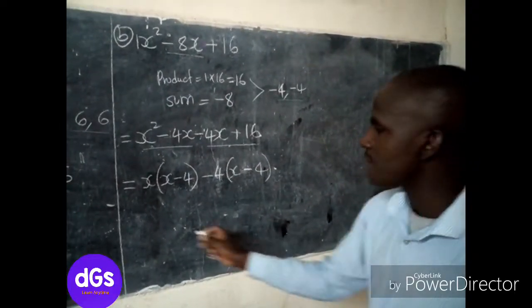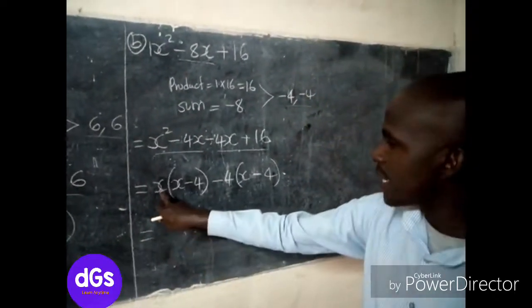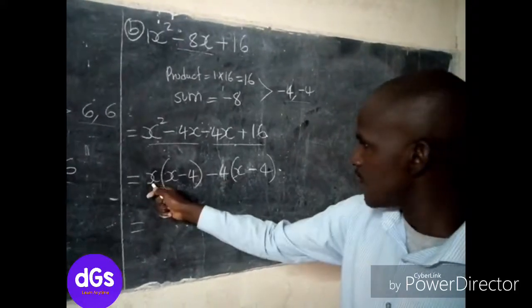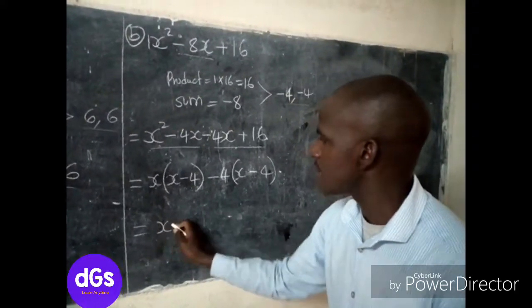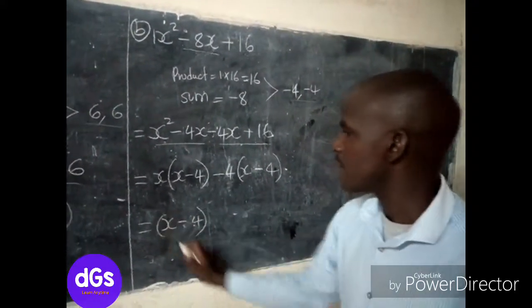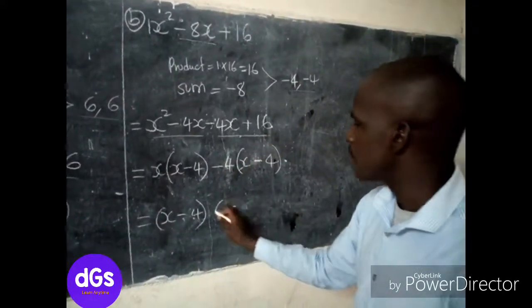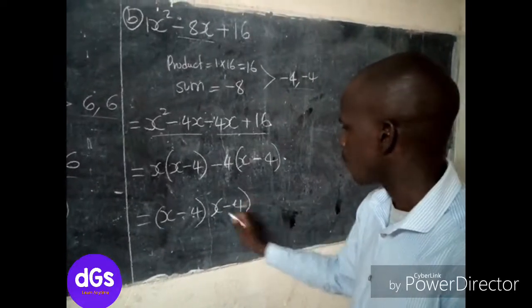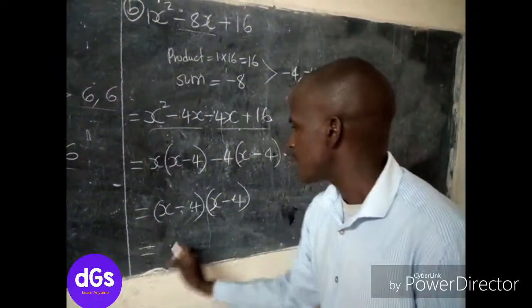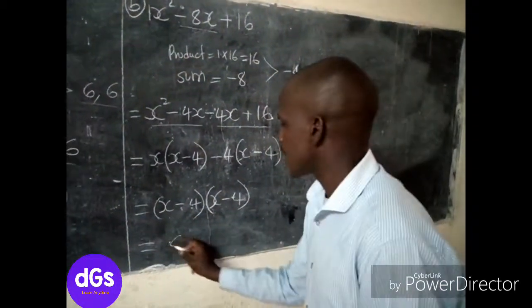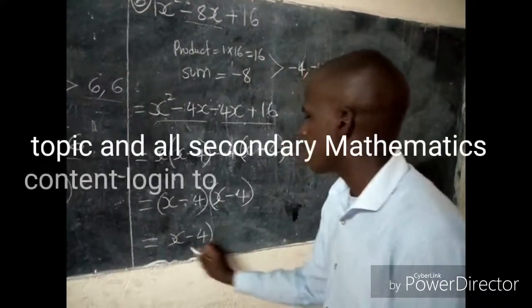So after getting to this point, we pick this one and this one. So it shall be x minus 4. Now we have x minus 4. Now this one and this one, they are common. You pick one of them, it shall be x minus 4. So this one, because it's a replica of the other one, we can just say this is x minus 4, x minus